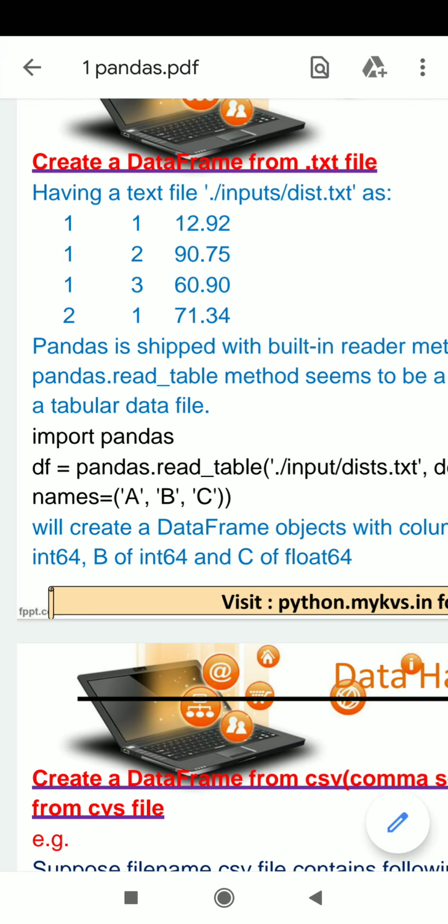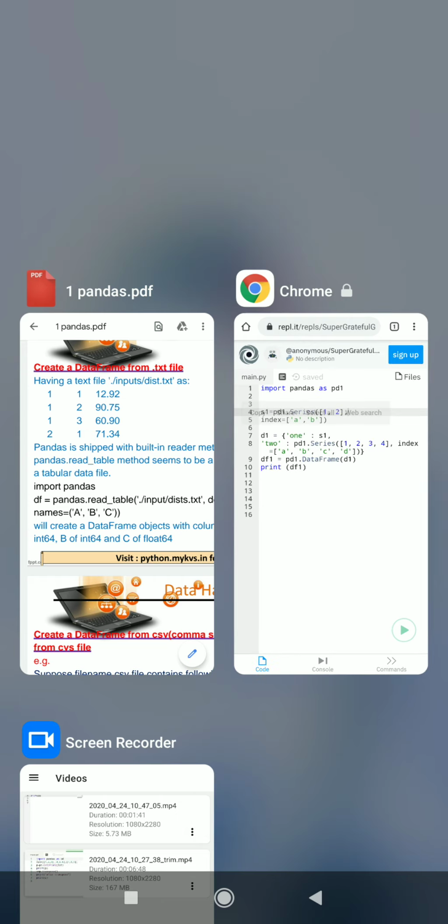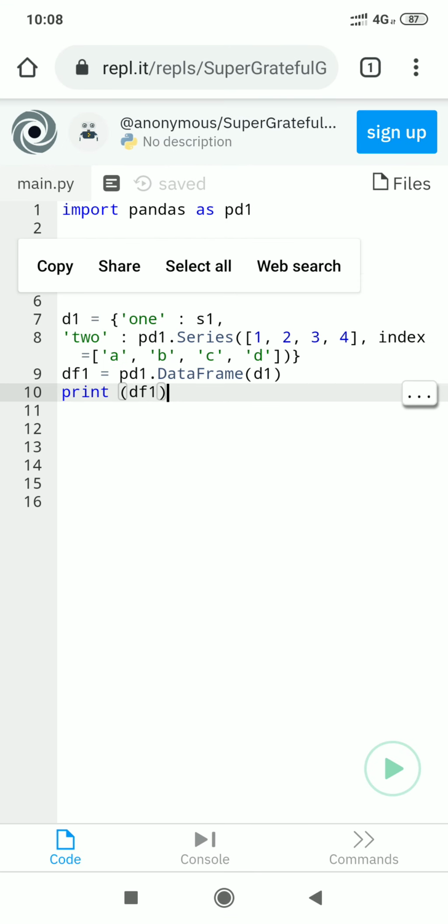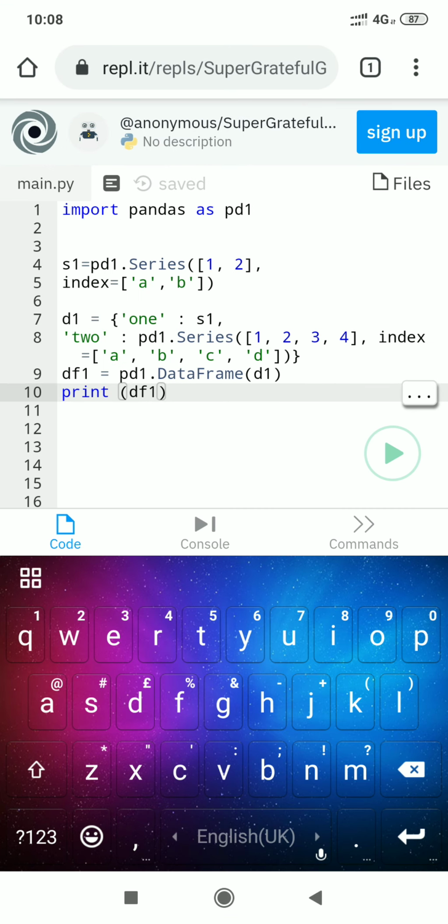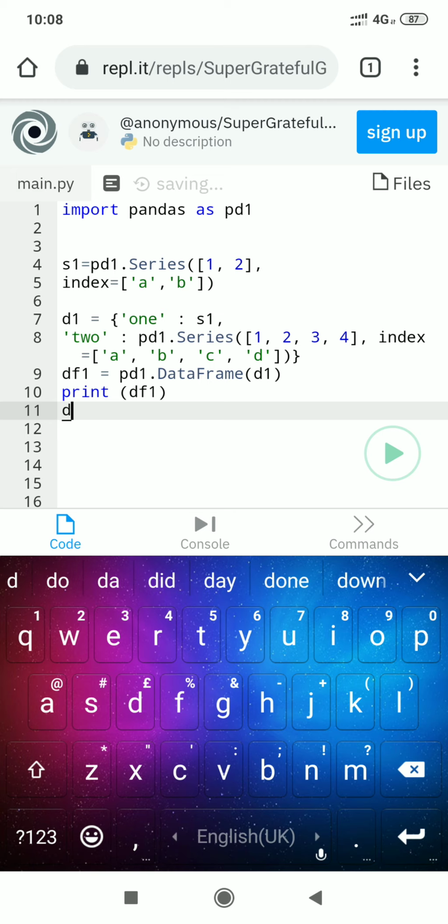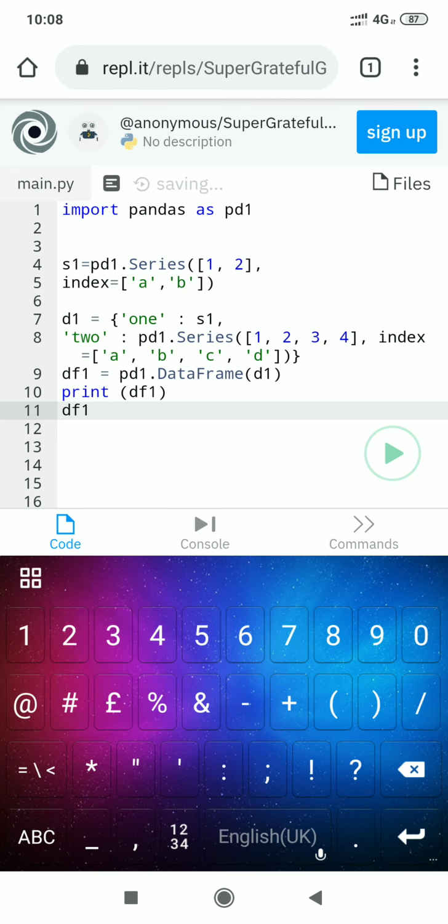Okay, so student, one thing we can do here: we have forgotten one thing.